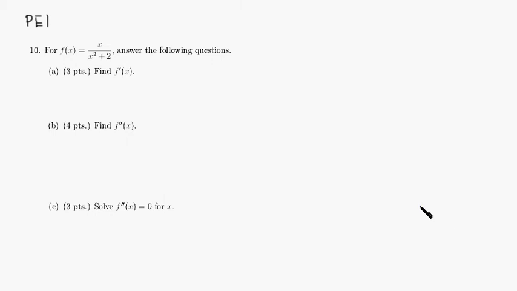All right, let's go over practice exam 1, number 10. You have f of x given as x over x squared plus 2. We just need to find the derivative for part A. So let's do that. f prime of x is equal to, using the quotient rule,